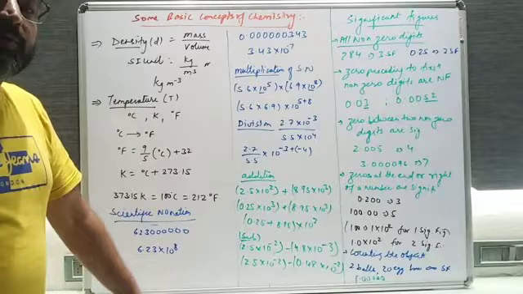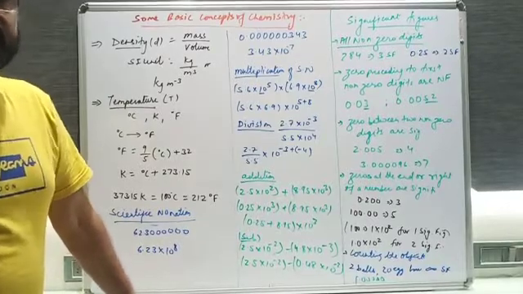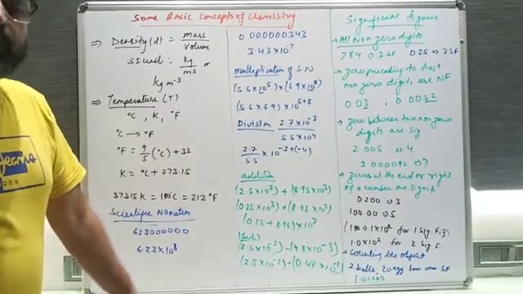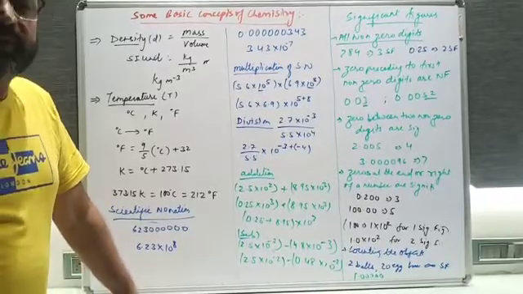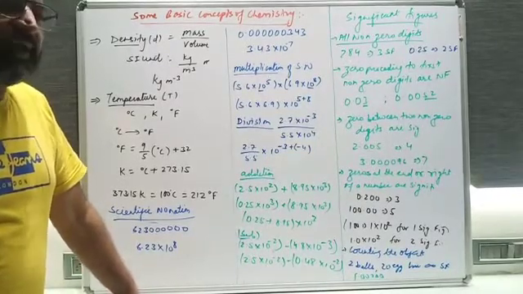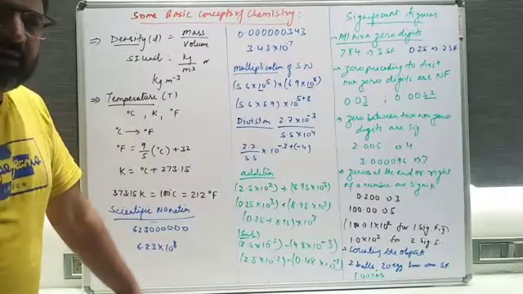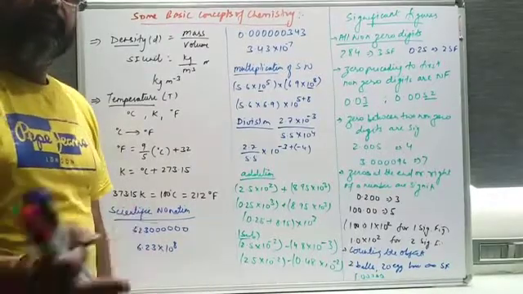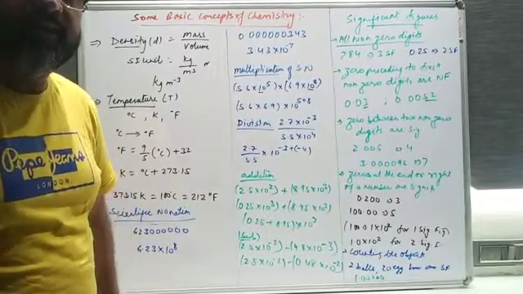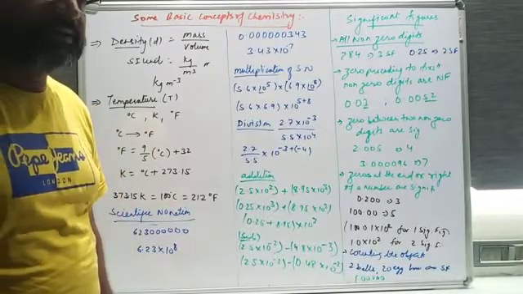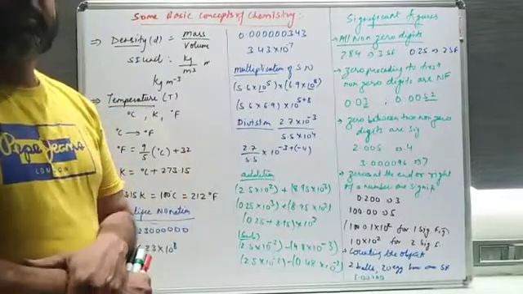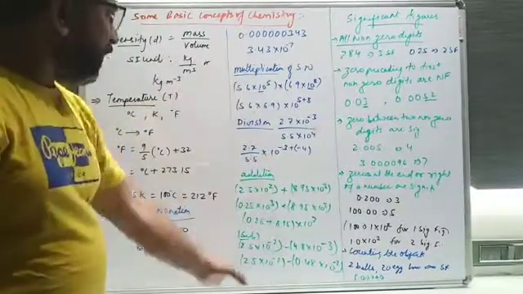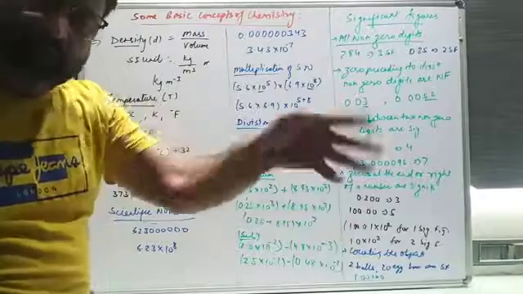And one more thing: just the interconversion of units, like kilogram into gram or decigram or centigram. This topic is very easy, that conversion of units you have studied since your 6th standard. Is it fine? Conversion of meter into centimeter or millimeter or decimeter or something like that. So these are the interconversions of units. So this is your homework: do this one, that one, and the interconversion of units.